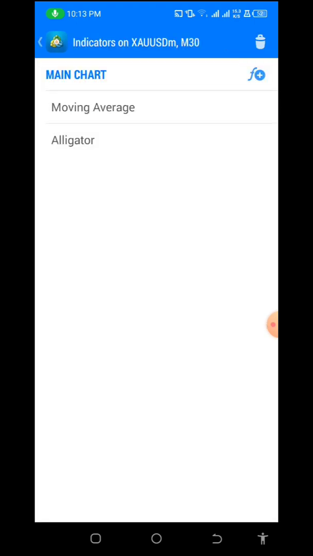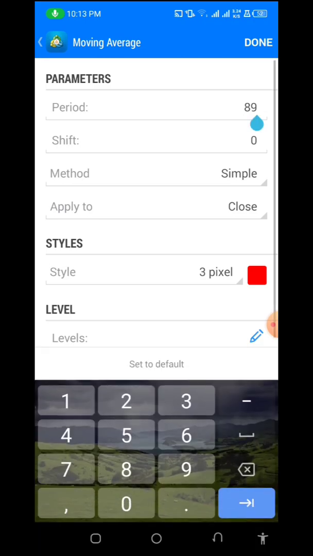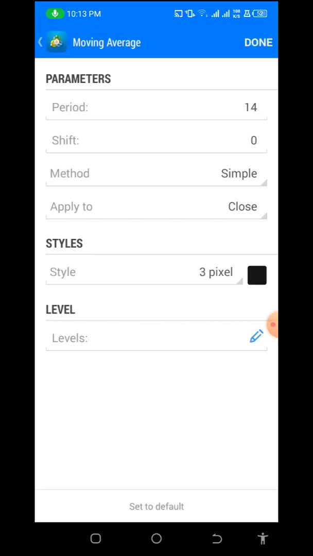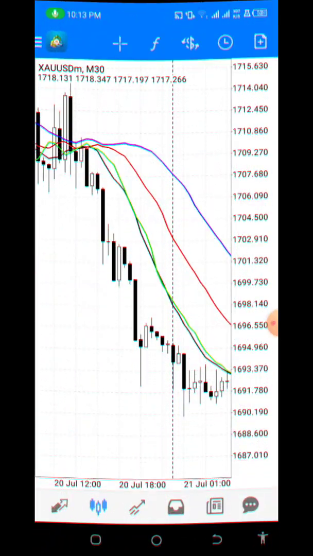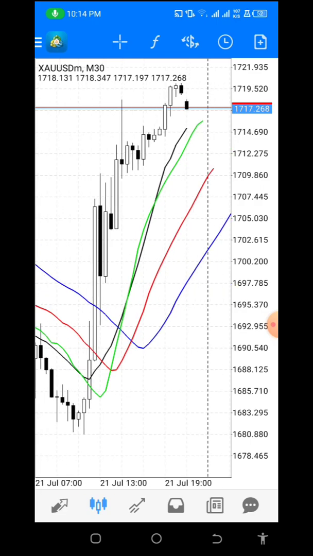To edit that one, just follow the same process, then long press on this indicator, click on edit. So now we want to change the period to 200. Let's change it to 14 rather. Let's change the color to black, then the pen is 4. So click on done. You can see the moving average indicator, but it is